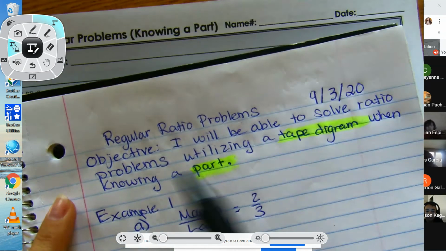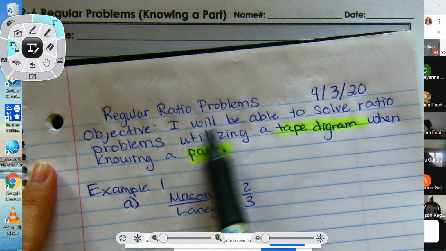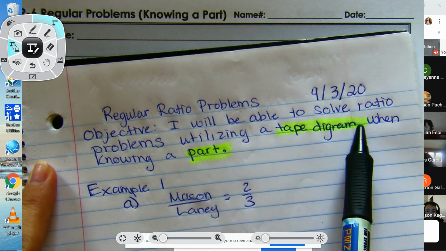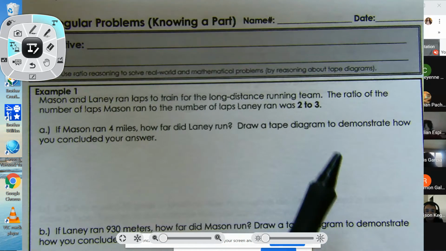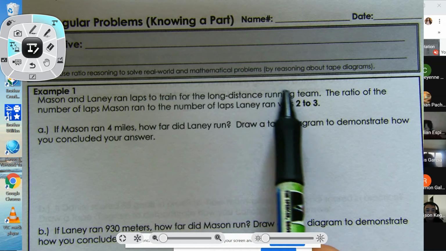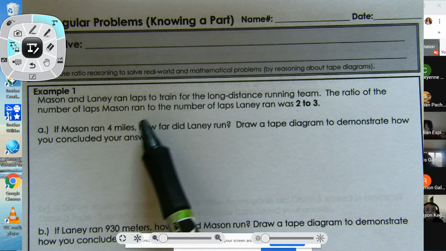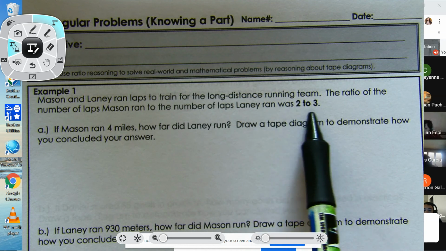Okay, for the recording, I'm going to go ahead and repeat our objective. Our objective today is that I will be able to solve ratio problems utilizing a tape diagram when knowing a part. So in the first example here, it says Mason and Lanny ran laps to train for the long distance running team. The ratio of the number of laps Mason ran to the number of laps Lanny ran was 2